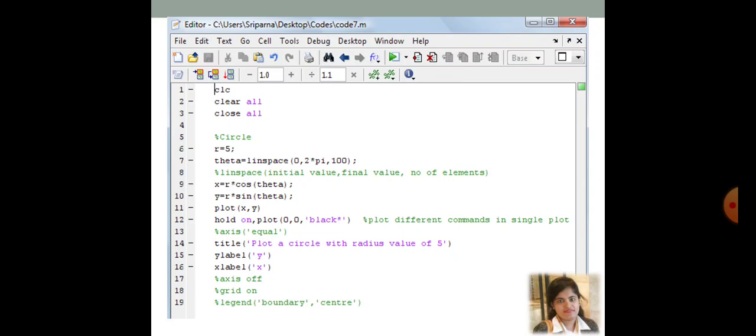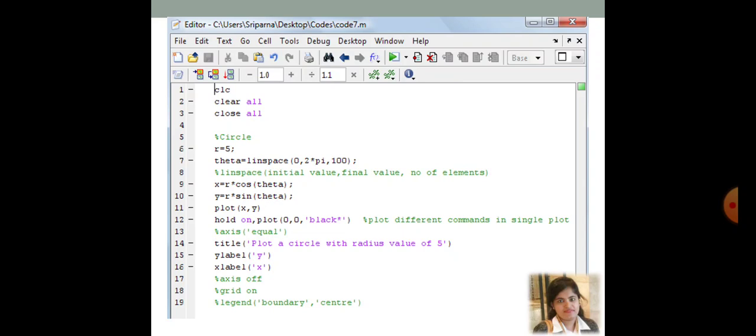Now I am just going to plot x comma y. This is the first time we are going to talk about the plot function. Using the plot function you can generate any type of plot. Within the brackets of plot, first you need to give x, the values to plot according to the x coordinate, and after the comma you need to give the elements you are going to plot according to the y axis.